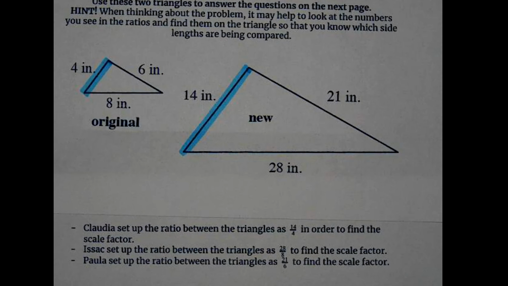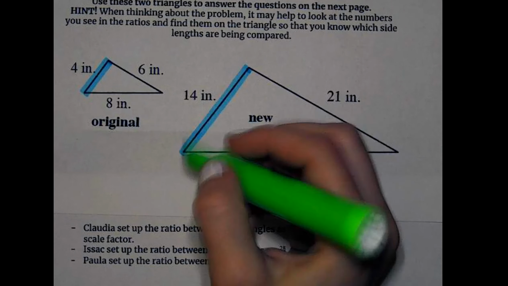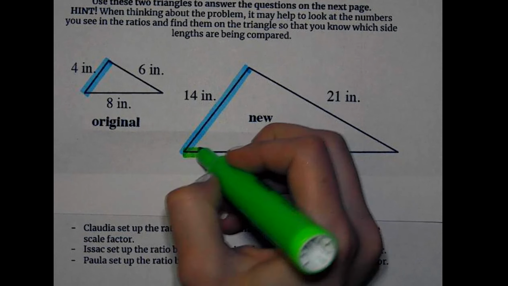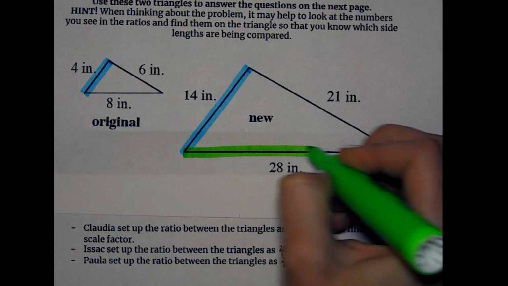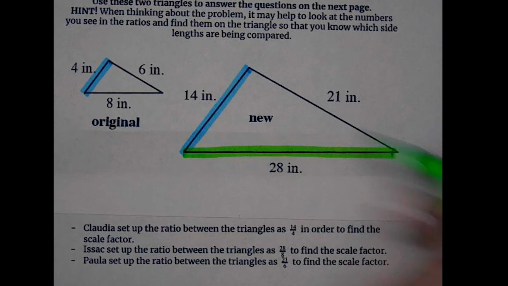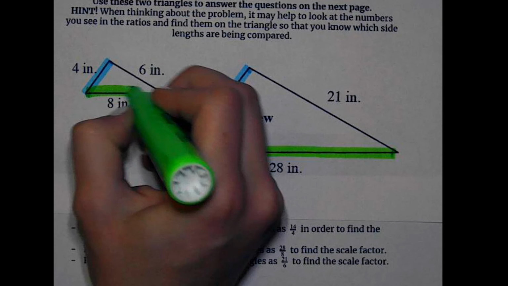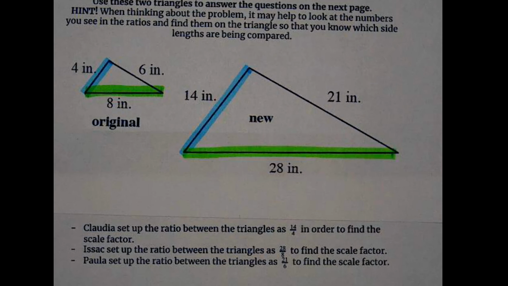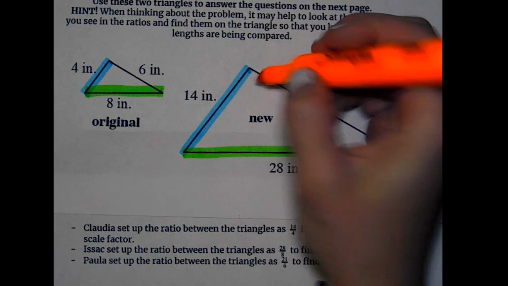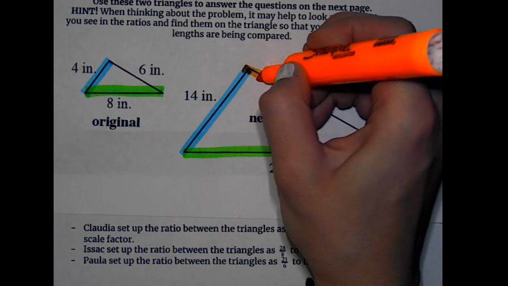When you see 28 over 8, you know that it's this side length and this side length. And when you see 21 over 6, that's this side length